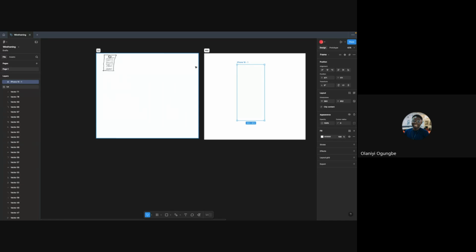So ensure that you use the proper standard sizes for every single thing, starting from your mid fidelity. That way, you won't have to strain yourself or stress yourself when you are doing the high fidelity. What you will basically be doing is adding the right content and adding colors to make it look beautiful. Do you get what I'm saying?